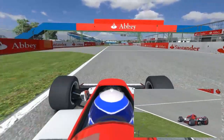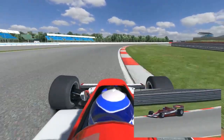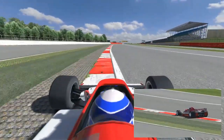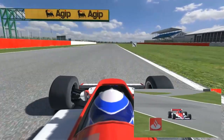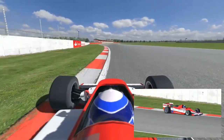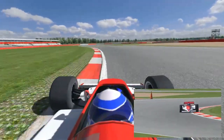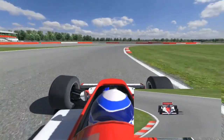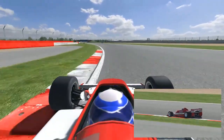Coming down to Copse, this is a wicked fast corner in this car. Pass attempts will only come for the brave or the foolish. Where the car winds up determines which you were. Coming off the corner, bring it to the right for the best line into the Maggots-Beckett sequence. This set of S's starts with quicker corners that get slower as you go. Being able to keep your speed up to produce more grip from the ground effects will be important through here. Ideally, you want to set yourself up for the launch off the final right-hander, and once you blast through Chapel,